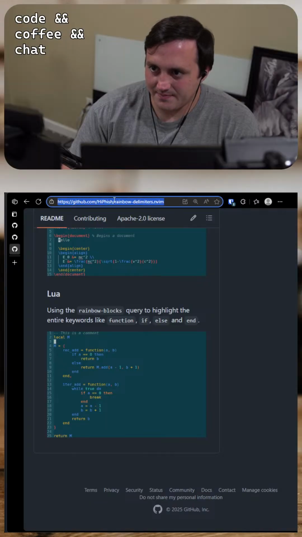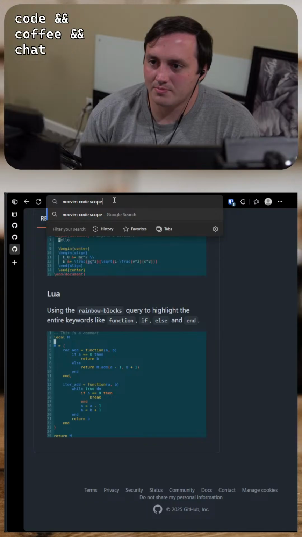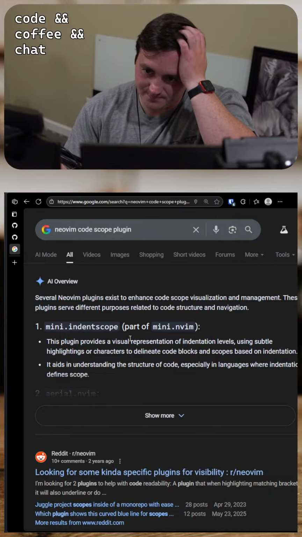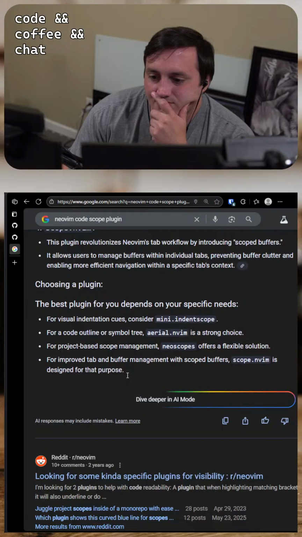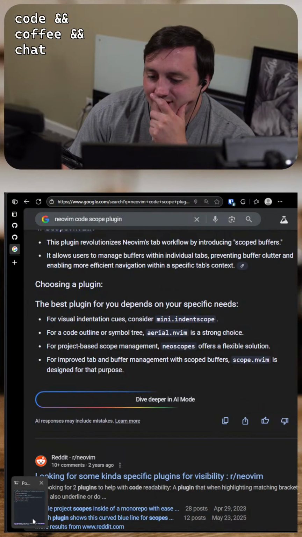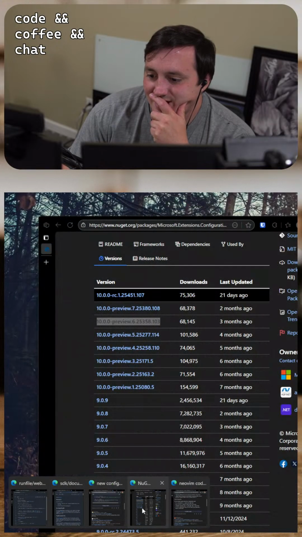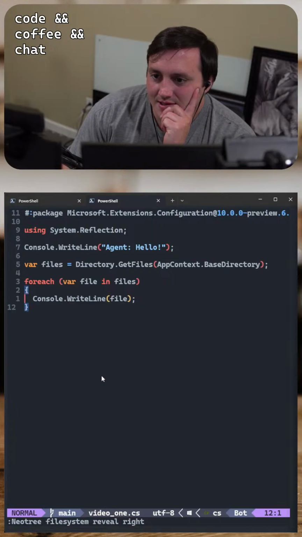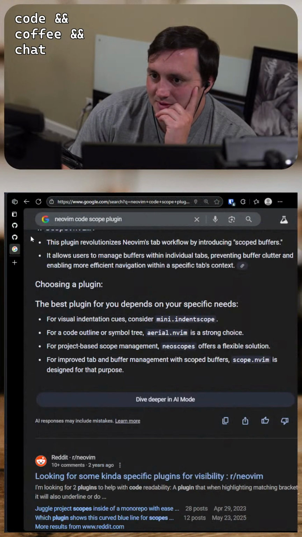Nope, it's not that. NeoVim Code Scope plugin. Yeah, I honestly don't even remember what the plugin is. We'd have to go through this individually, because the last time I touched my NeoVim configuration was, oh my gosh, it's been a minute.